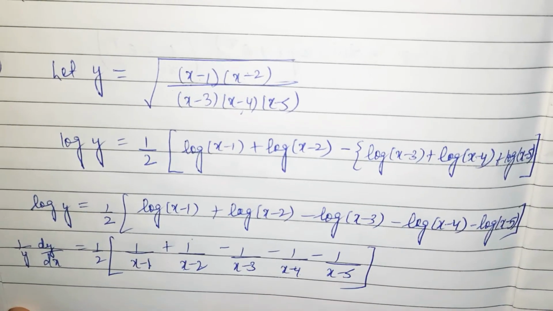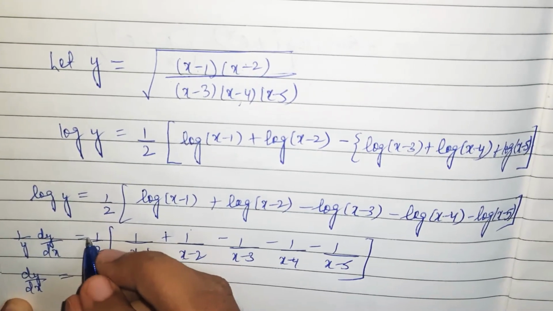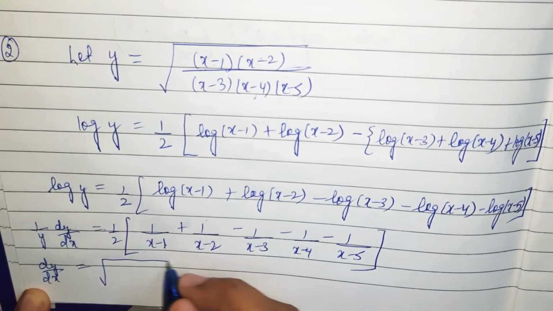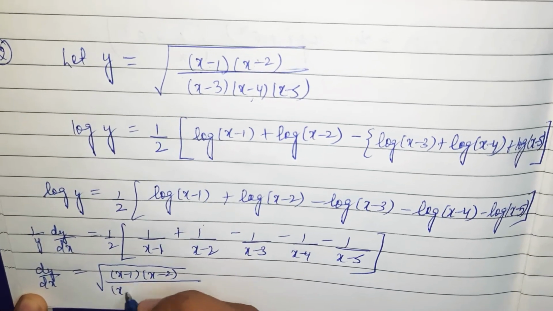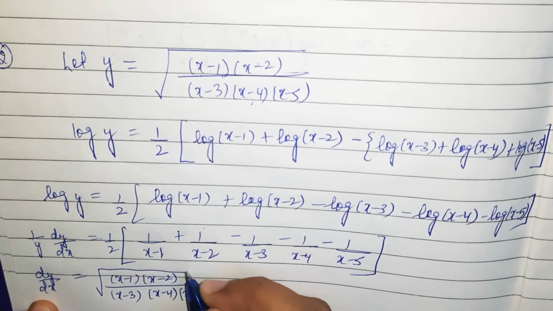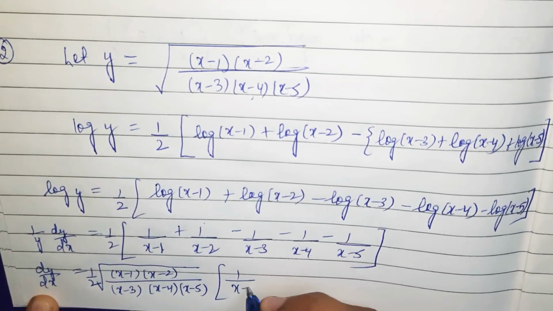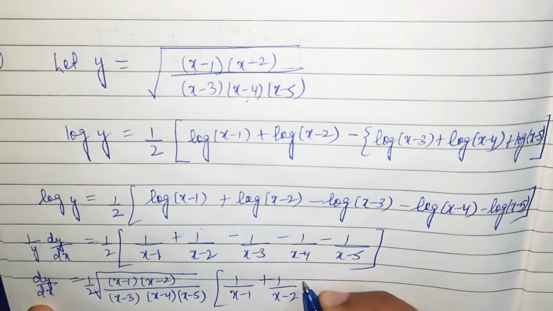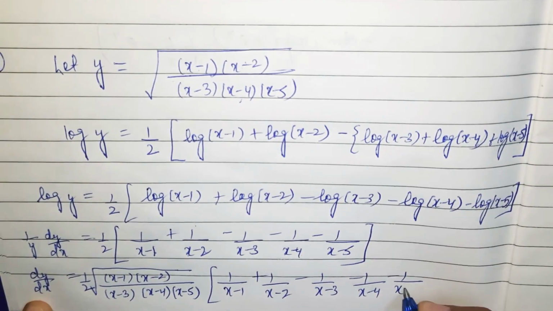The only step we need to do now is the value of dy by dx. Y will come here, and the value of y is this, so write y as x minus 1, x minus 2, x minus 3, x minus 4, x minus 5. So basically 1 by 2 I want to write here. Now the remaining term you need to write as it is. So this is your required answer. Now come to question number 4. Third is exactly the same, you can apply it yourself.